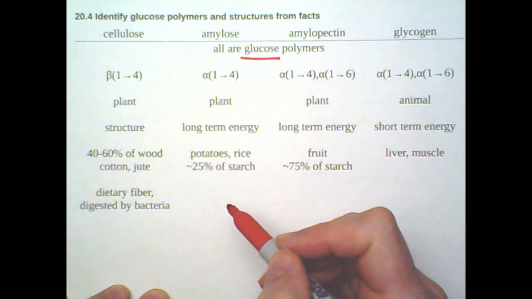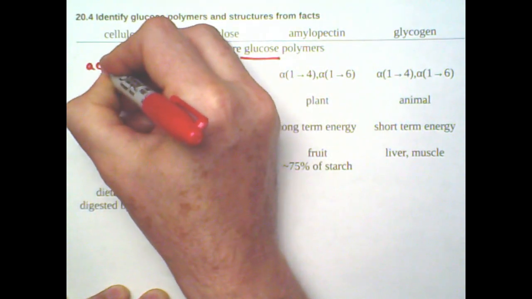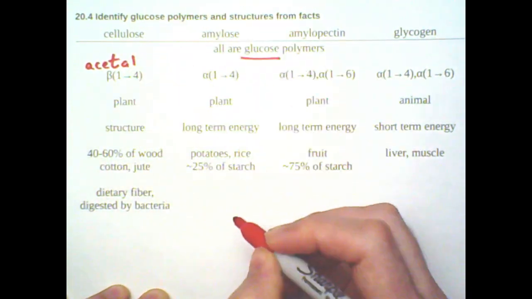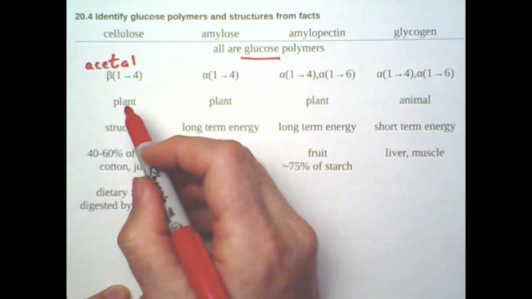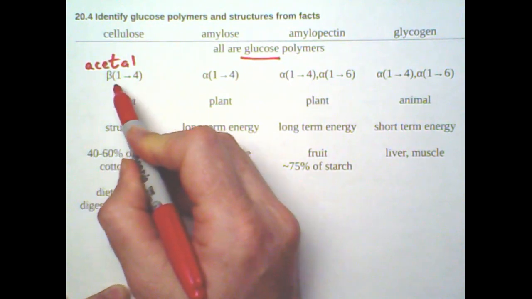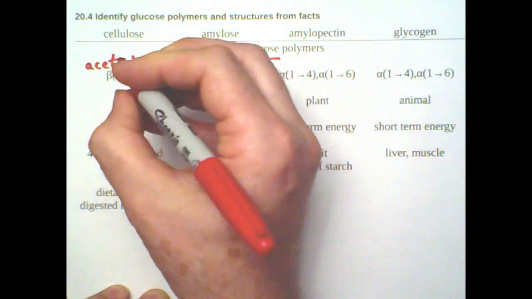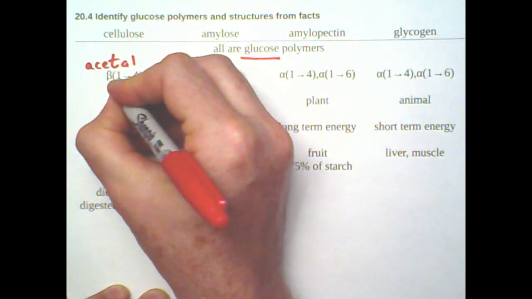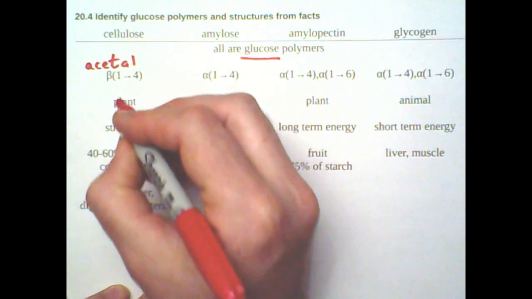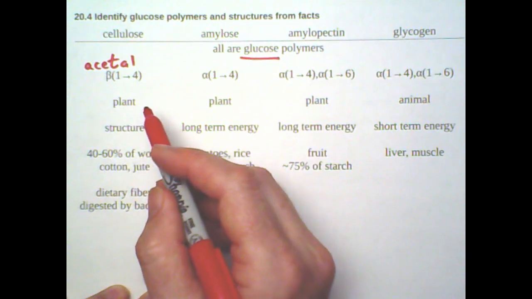But you can connect the glucose through these acetal linkages that are described in different ways. The alpha and beta tell you about the stereochemistry. The 1 tells you it's connecting from carbon 1 to 4 or to 6 on another. So this is all stuff you can go study as you want, but